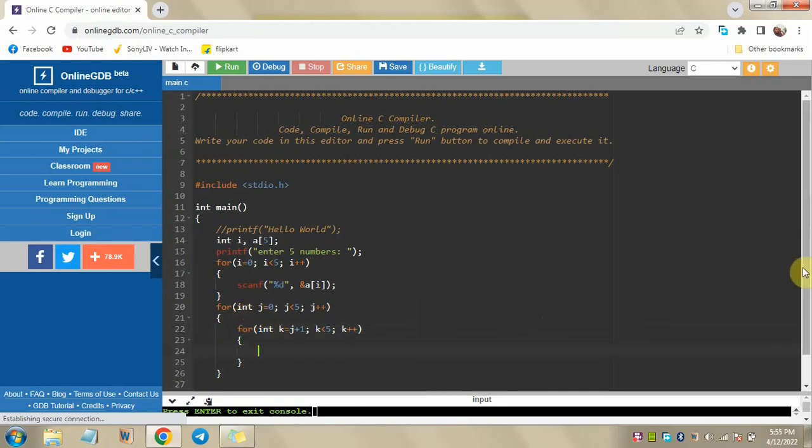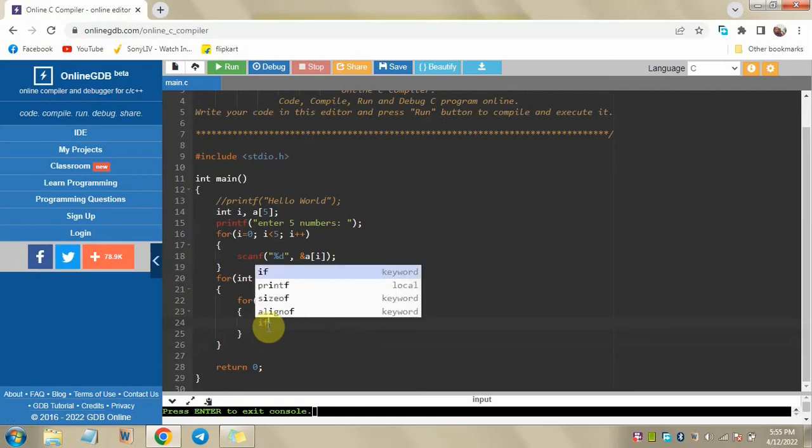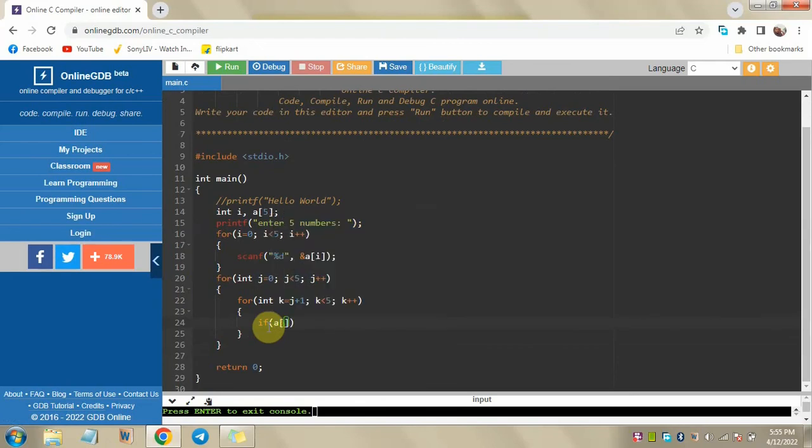Now we have to write a swap statement. We have to write how to swap two numbers. So we have to take a variable. First we have to give the condition, if, for decision making. We are doing it for ascending order, right?